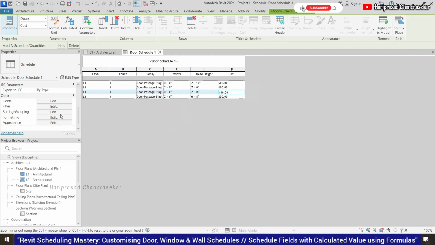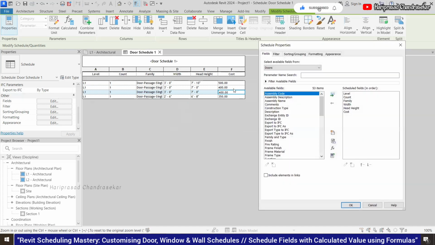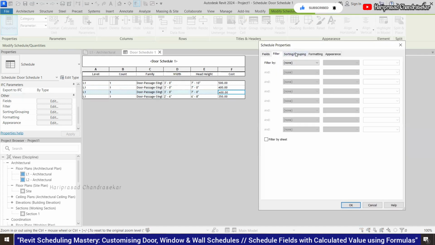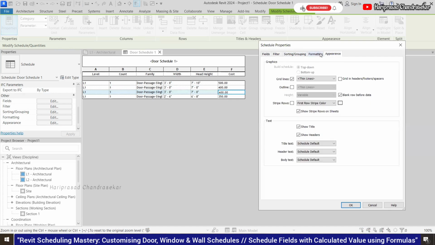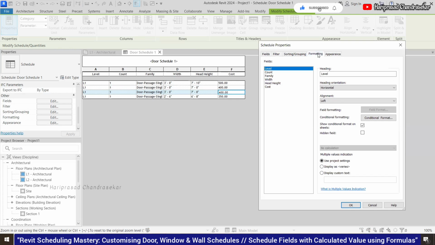Otherwise, if you want to put your own multiplication things and all, then what we can do is click the field. So formatting, I can go to cost.